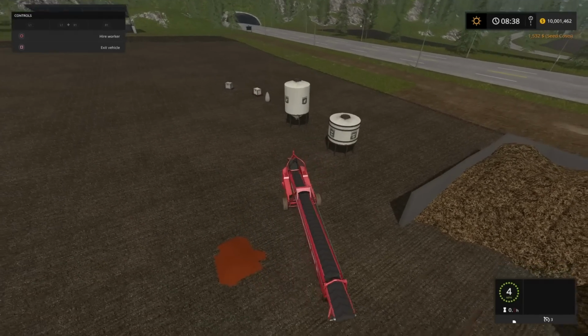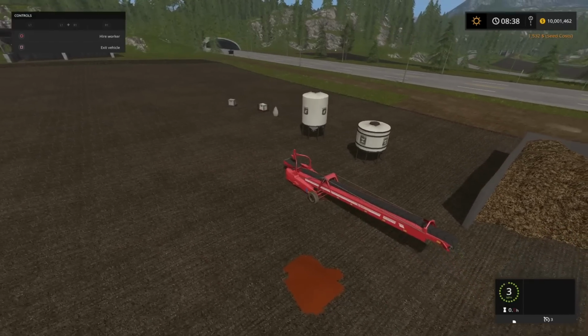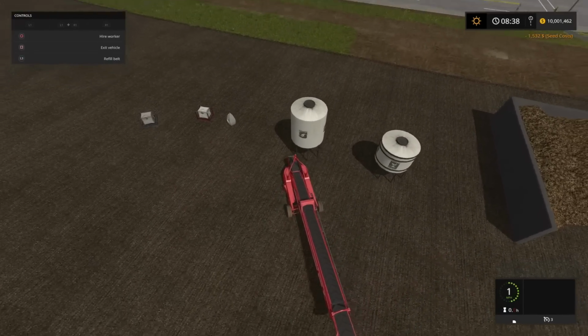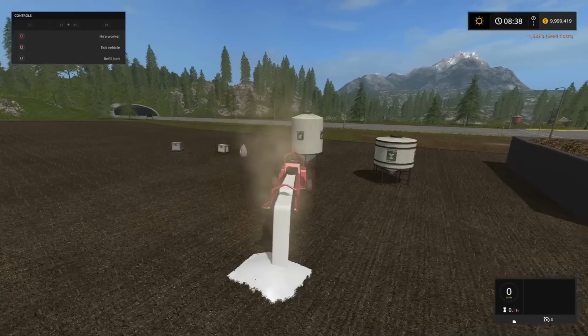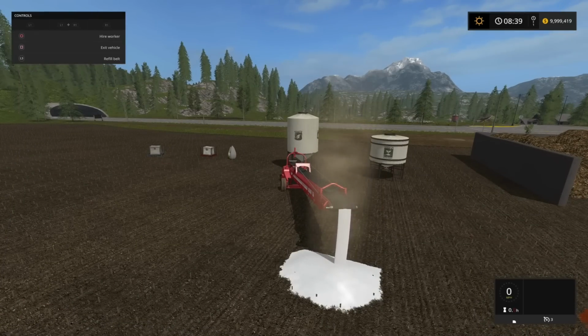It will do the same with fertilizer. It's very, very useful, the Filltrigger Tools pack. Like I say, I did a video on it. I just thought I'd add this in because it's a belt system refill. Same with the fertilizer, it will take a belt load. If I press it again, it will do another belt load,